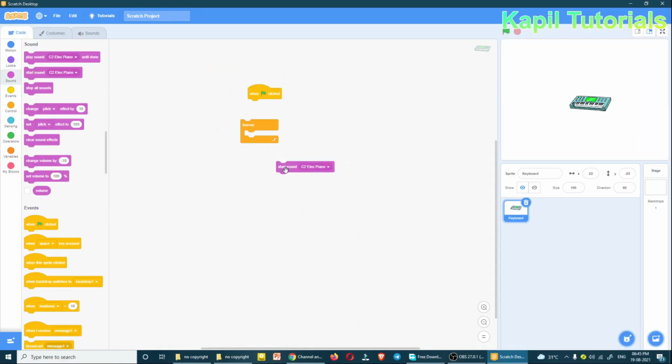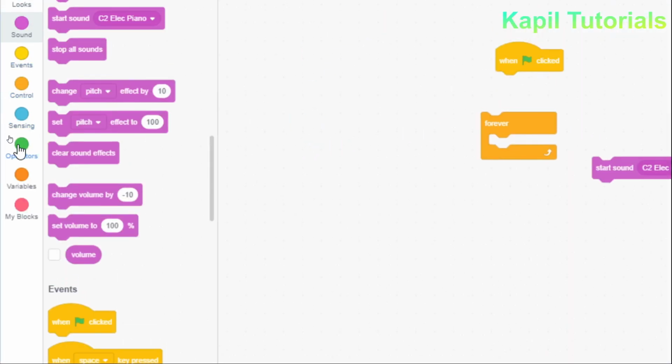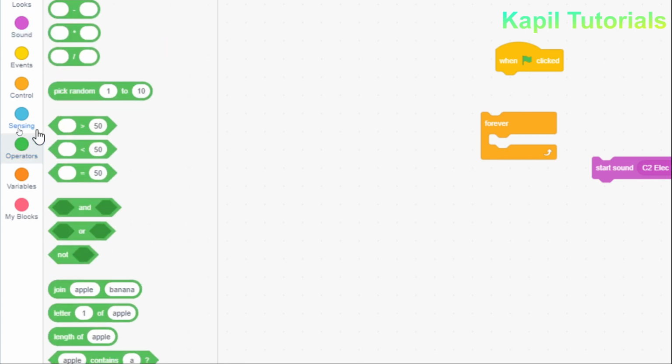I'll use this one, and along with this I'll go to operators. This is the operator block. I'll click on this, and here you will see one command, pick random. What this command does is automatically load a musical note.